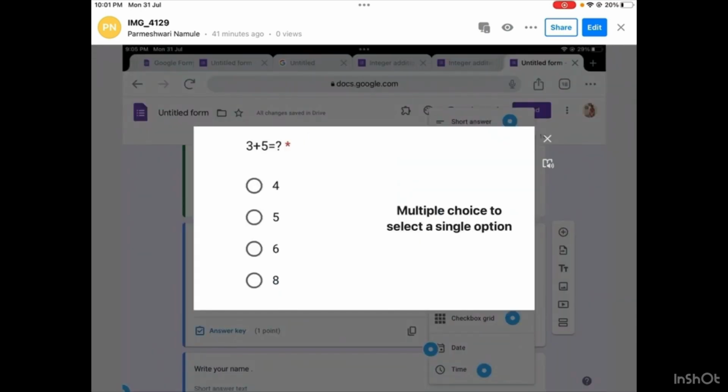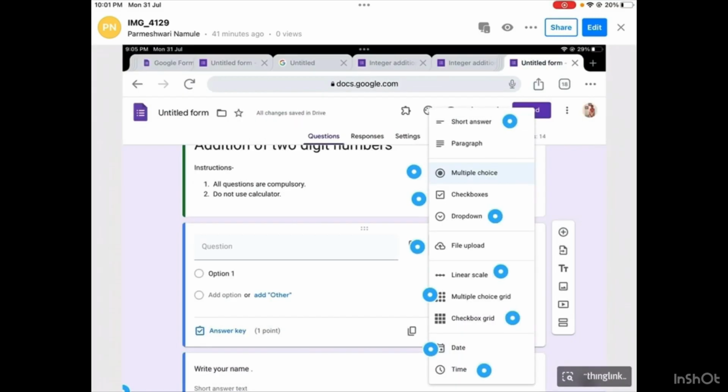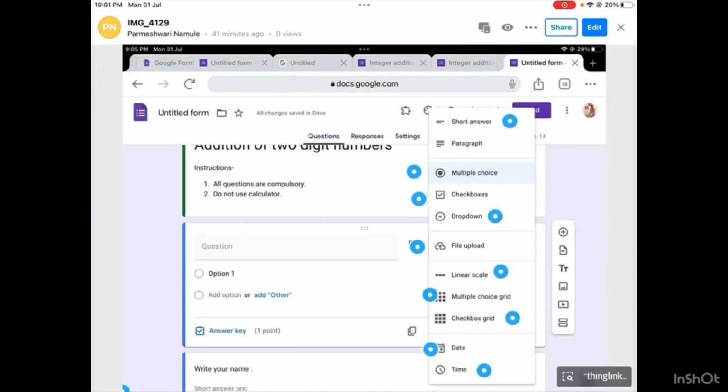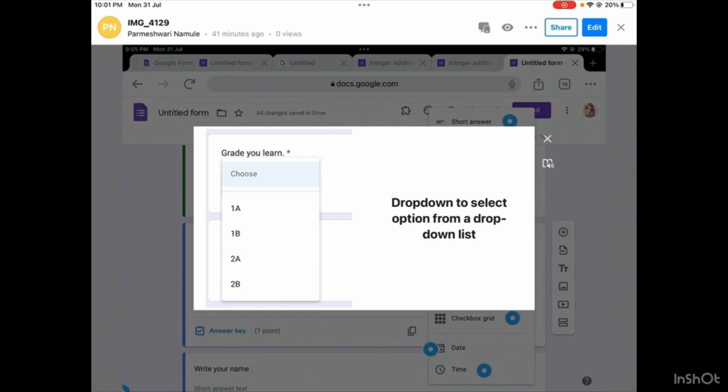For adding paragraph, you can select the paragraph option. For adding MCQs, you can select multiple choice questions. Then for checkboxes, it is the same as MCQ, but if you want your student to select more than one option, you can use checkboxes, which is not possible in the multiple choice option. Drop down, if you want to make students select the option from this drop down menu like this, you